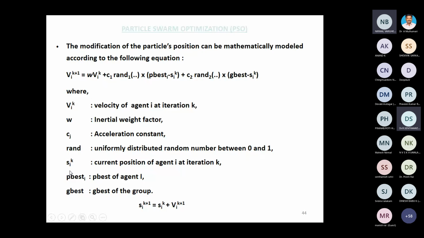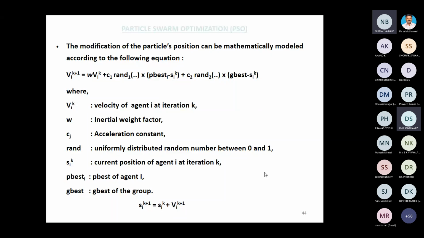Now, S_i(k) is the current position of agent i at iteration k. If you select high values of weight factors, random values, inertial weight factors or velocity, the higher the parameter value, the more iterations it takes to converge. That is what I must say: you should take a medium value so that the accuracy is not affected and the training also comes fast.